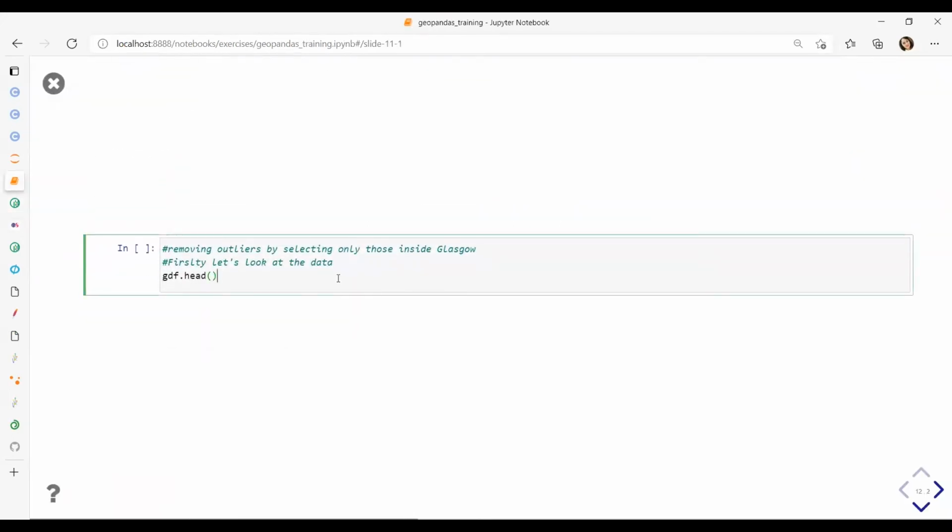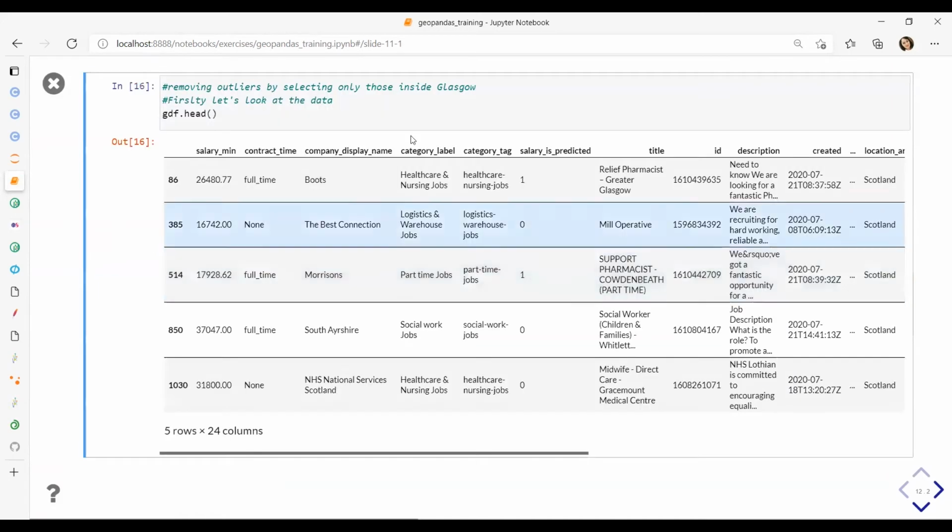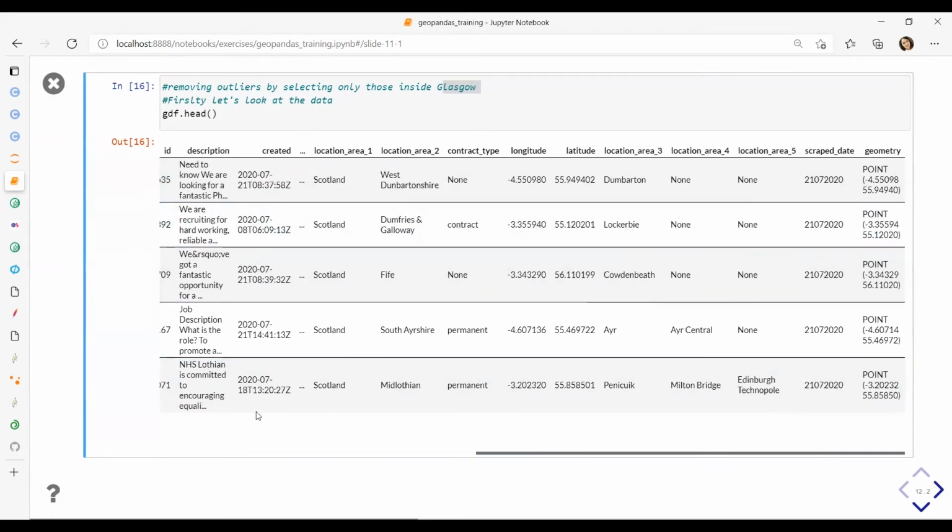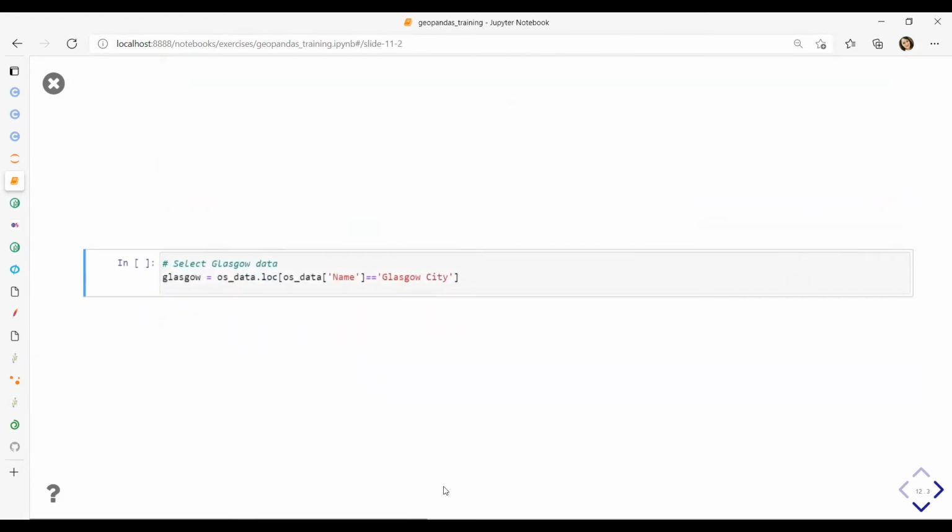So as always, let's look at the data. And on this step, we are going to remove outliers, but not outside of Scotland. I limited it, and to make it smaller and faster, we're going to remove everything outside of Glasgow. Just a quick recap: our GeoDataFrame with Adzuna listing contains 24 columns now, 23 of which are Adzuna data itself, and the one is a geometry we created.